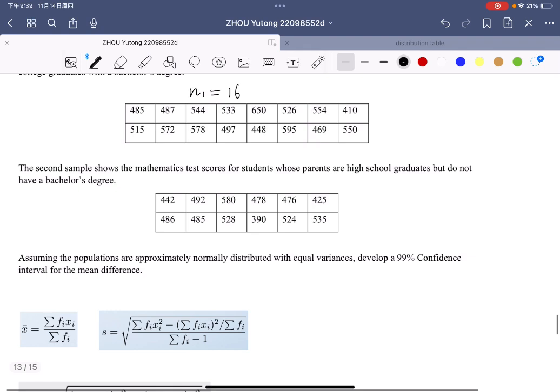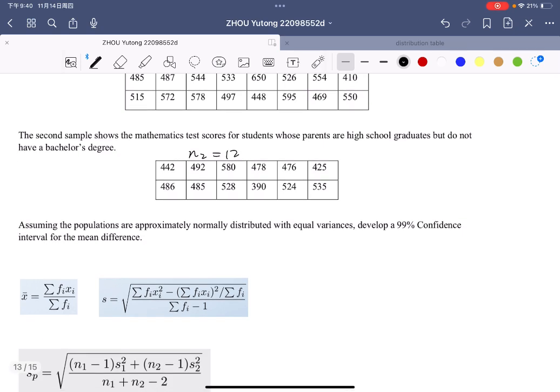And the second sample shows the mathematics test scores for students whose parents are high school graduates but do not have a bachelor degree. So for this sample set, the sample size is different. That is n2 equals 12. Assuming the population is approximately normally distributed with equal variances, now we have to find the 99% confidence interval for